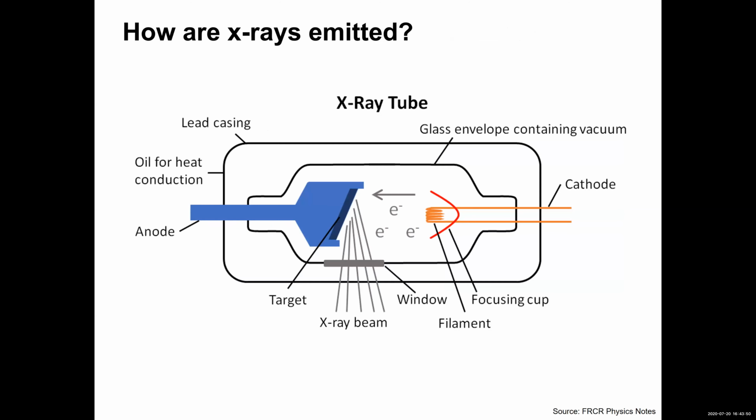Now that we have a general idea of what the X-ray CT is, we ask ourselves, how are the X-rays emitted? Well, most X-ray CTs produce X-rays in an X-ray tube, whose schematic you can see here. There is a cathode and an anode, which have